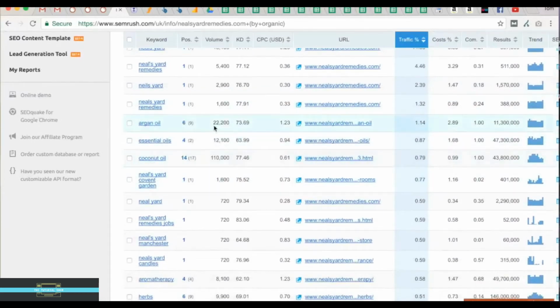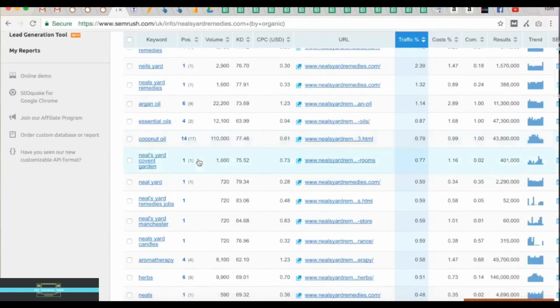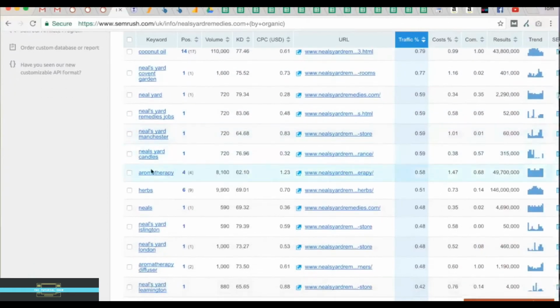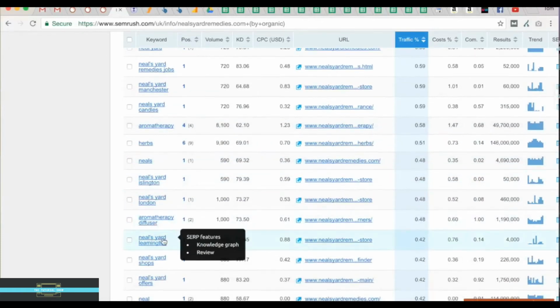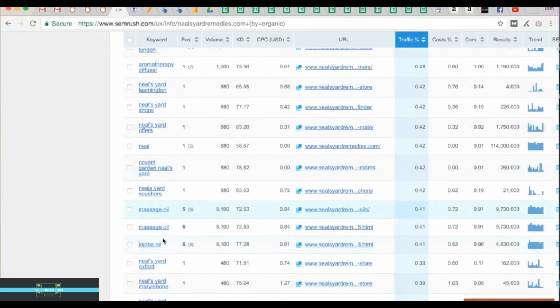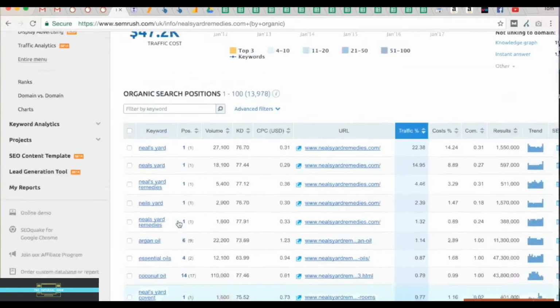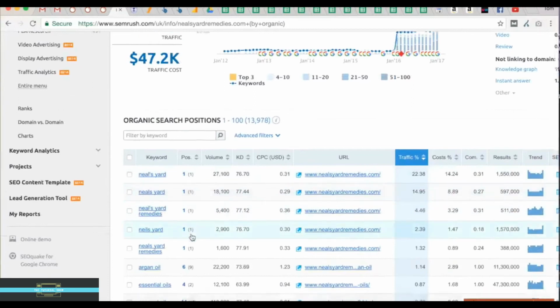Argan oil is huge. Now, you've got to establish if these guys have a lot of keywords in common with you. And just by looking and knowing your own business, you're going to see, in the case of the company I'm looking at, I can see keywords like this is perfectly in common, and this, and I'm looking and saying, wow, they're really crushing it. So already it's amazing to see what they're ranking for.